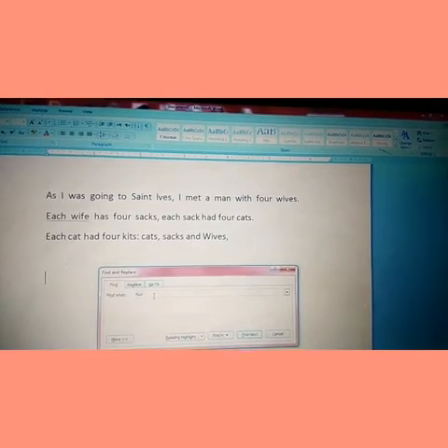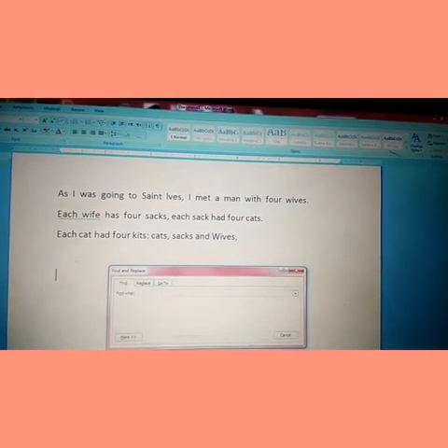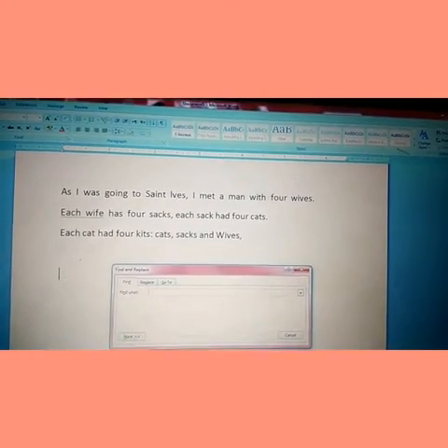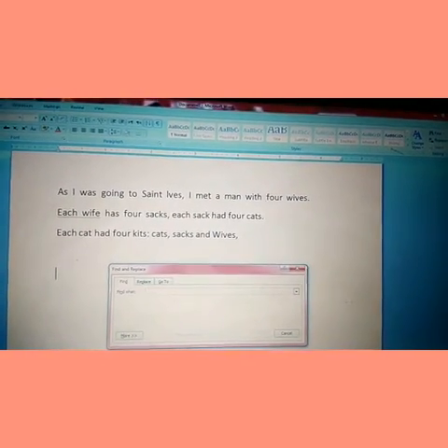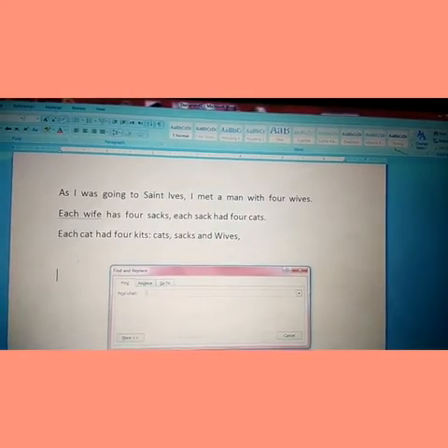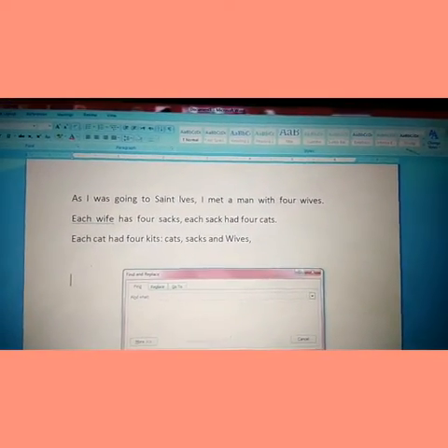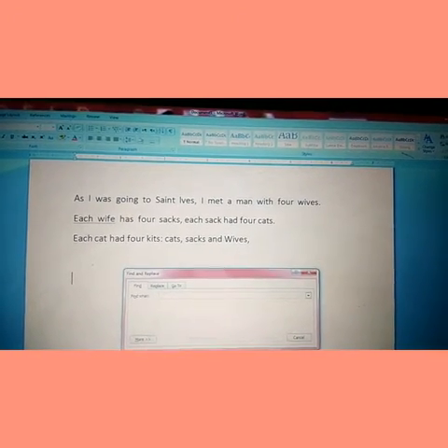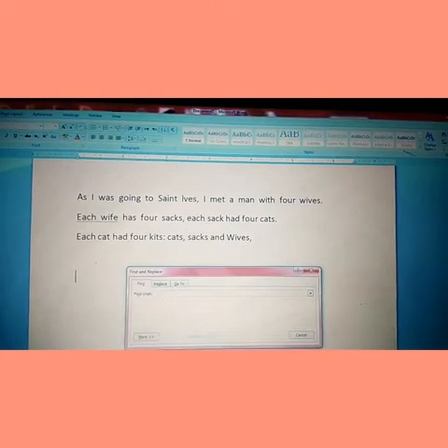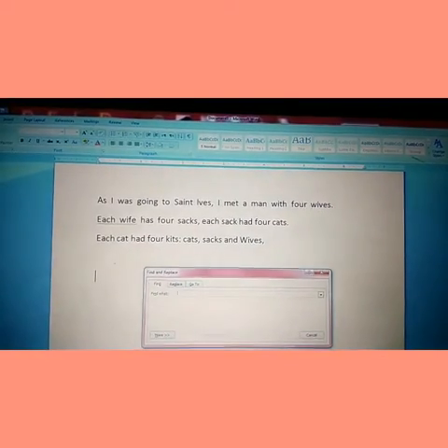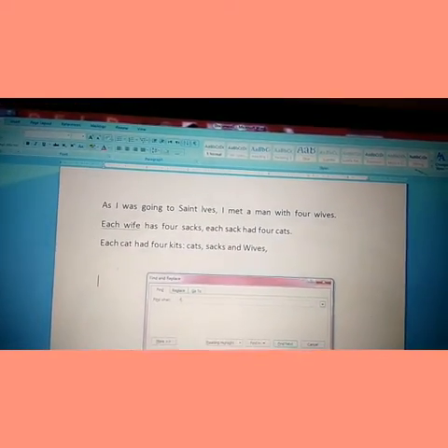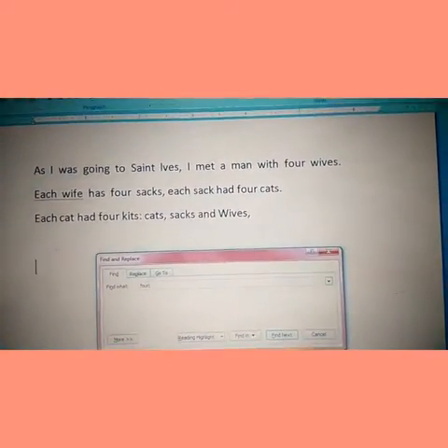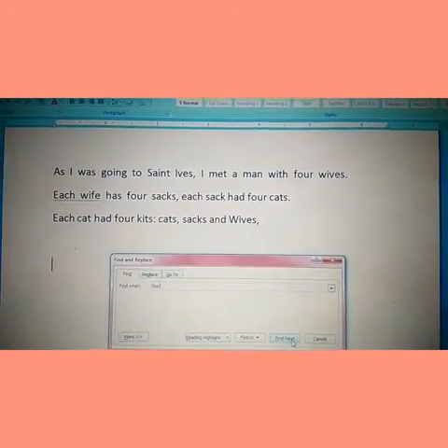In this Find what box, we will find something. Firstly we will find 4 in this sentence. In this paragraph, we will find how many times 4 appears. So just write 4 in this dialog box, and then click Find Next.